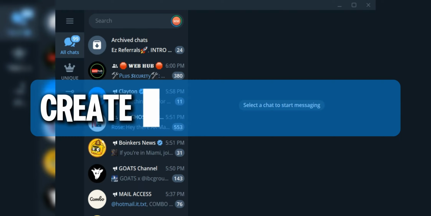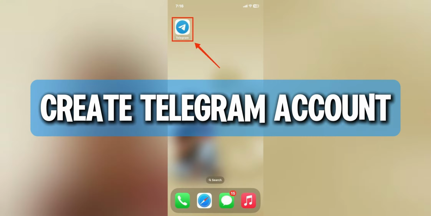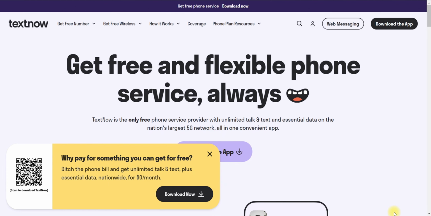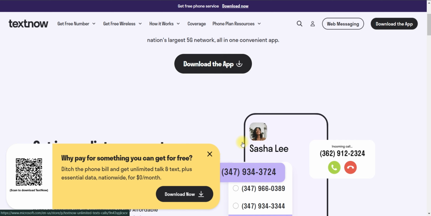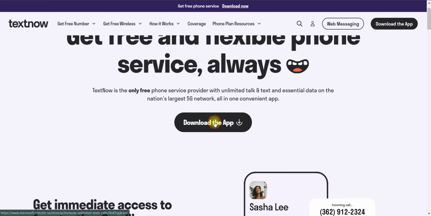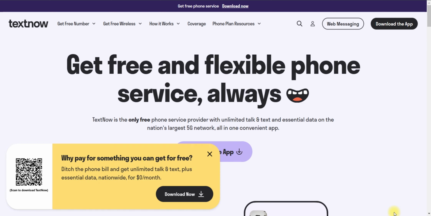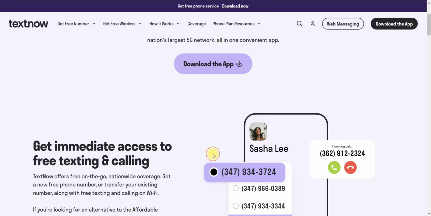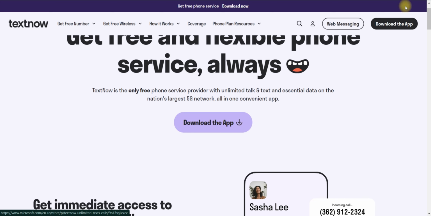Today I'll show you how to make an account on Telegram with phone number. To get a free virtual number, you can use the Text Now app. Download it on your device, whether it's on Google Play Store or App Store. Then create a free account. Then you can get a free US or Canada number to use it on your Telegram, and here's the steps